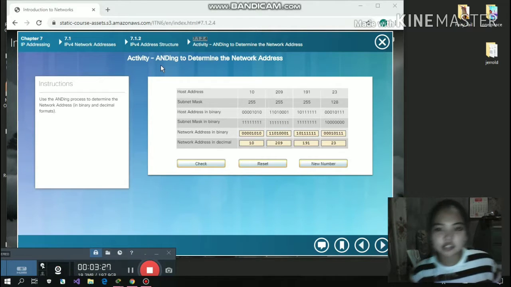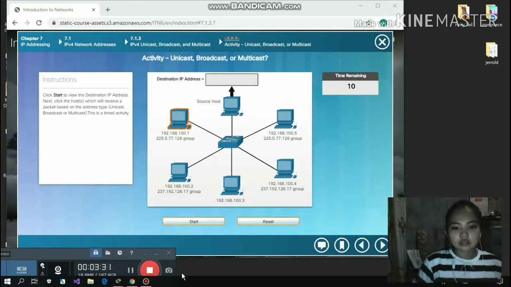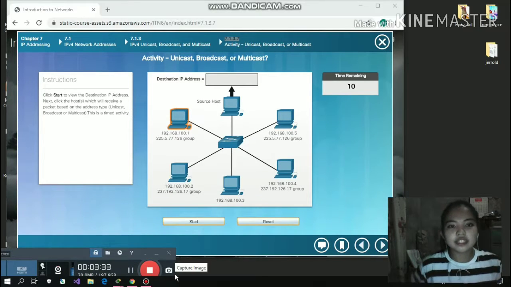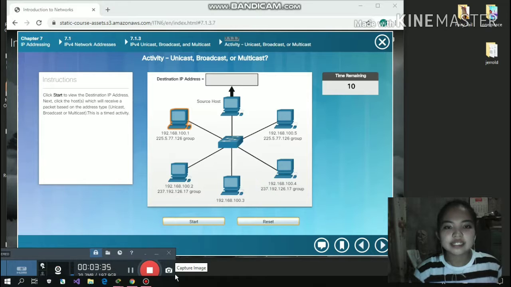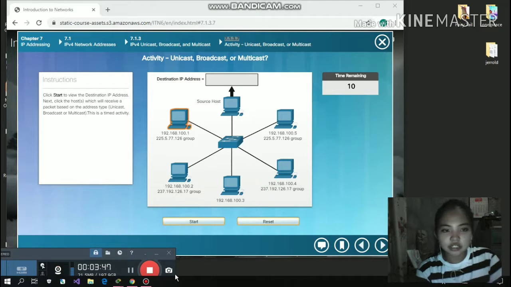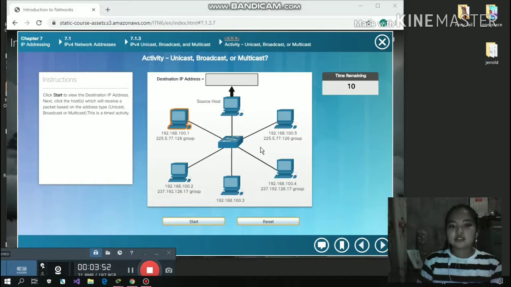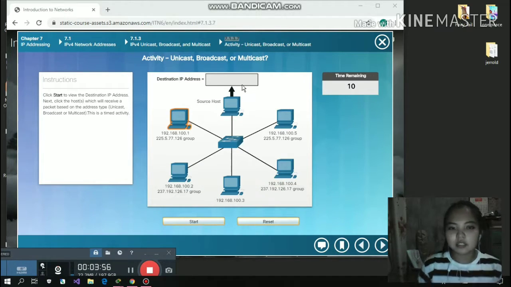So let's do the next activity, which is unicast, broadcast or multicast. Click start to view the destination IP address. Next, click the host which will receive a packet based on the address type: unicast, broadcast, or multicast. This is a timed activity. So from this activity, we have to